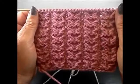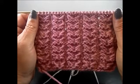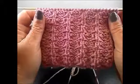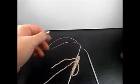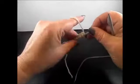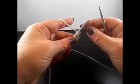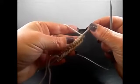This is a very pretty 4 rows repeat pattern, and you cast a multiple of 5 plus 1 plus 2 edge stitches. This is how it looks on the front side, and this is the back side. I have 13 stitches on my needles, 13 because we said multiple of 5, I took it 2 times, it's 10, plus 1, 11, plus 2 edge stitches, 13. I knitted 1 row because I want the pattern on the front side of my work, and I start now